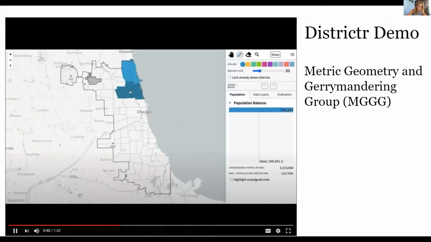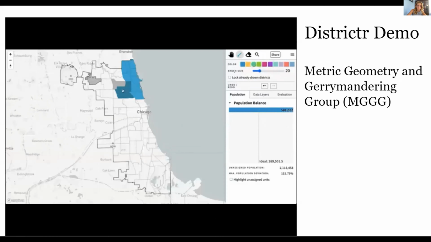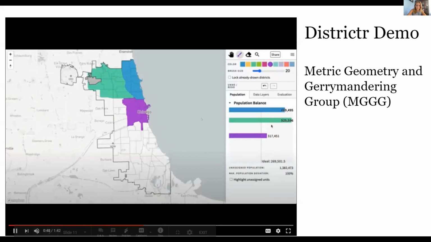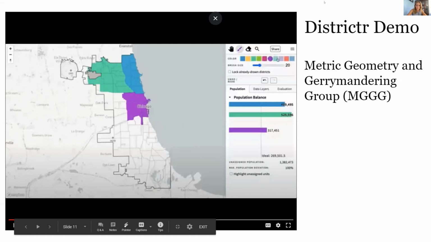In Districtr, you can draw districts and see how these different dynamics play out. So you can compare, there's an ideal population, so all districts